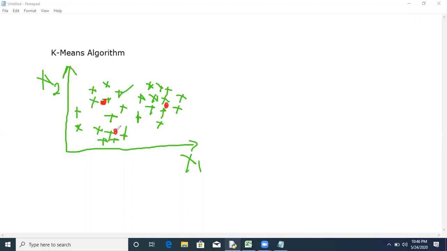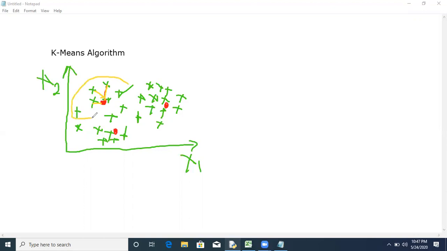Then we will find the distance of each data point from these centroids using the Euclidean distance concept, and the data points which are closer to a centroid will fall under that cluster.